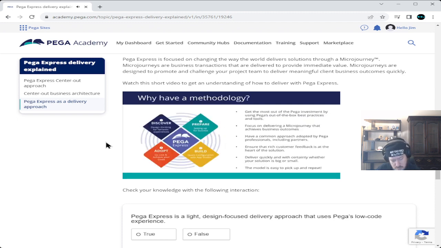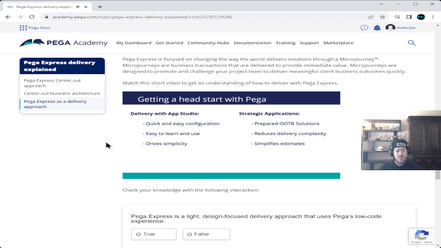So why does Pega have a methodology? Simply because Pega delivers quickly and with certainty, whether your initiative is big or small. The methodology is easy to pick up and repeat. With Pega Express, there are lots of opportunities to get a head start on your deliveries. For example, before sizing your project,